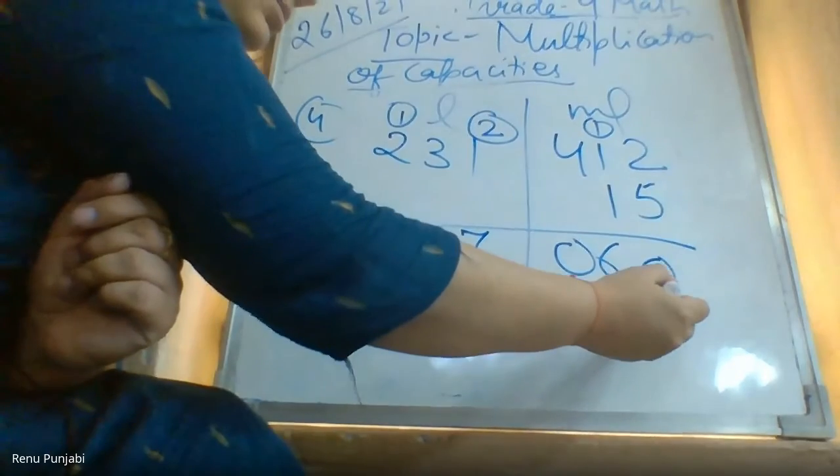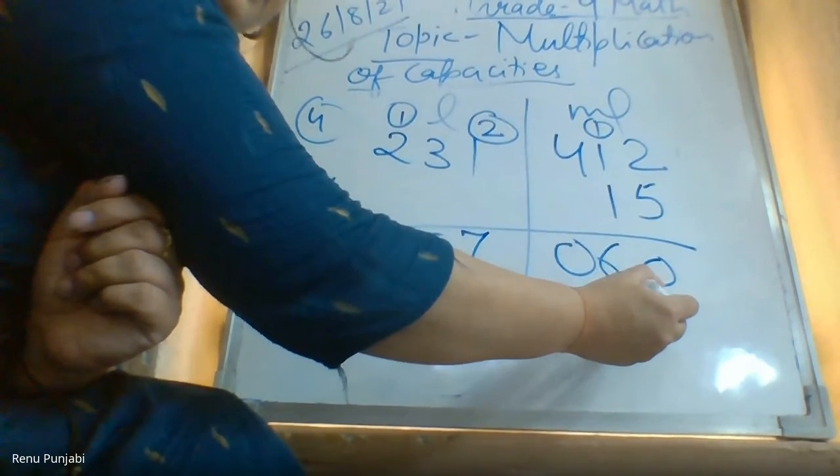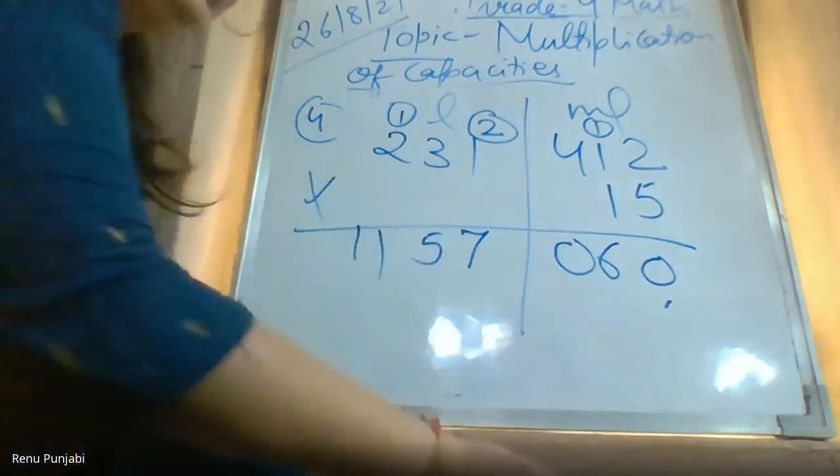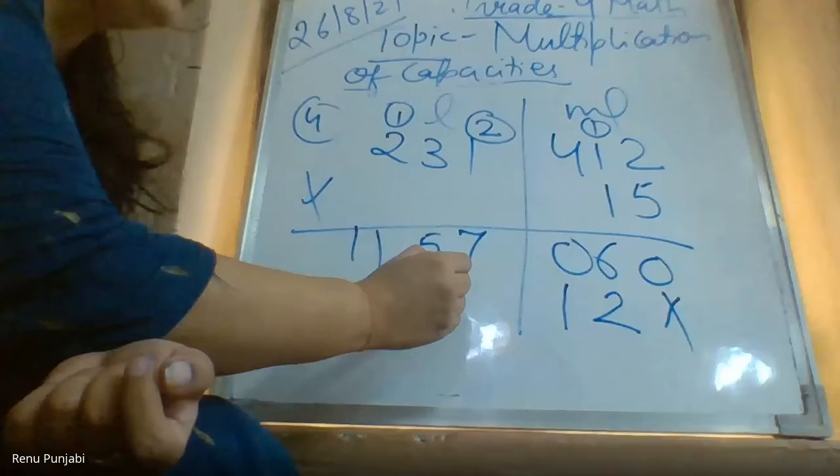What will we put here? Manya, what will we put here? Ma'am, cross or 0. Yes, cross or 0. Then 1 5s are 5. Sorry, 1 2s are 2. 1 1s are 1. 1 1s are again 1. 1 4s are 4. 1 1s are 1. 1 3s are 3. And 1 2s are 2.